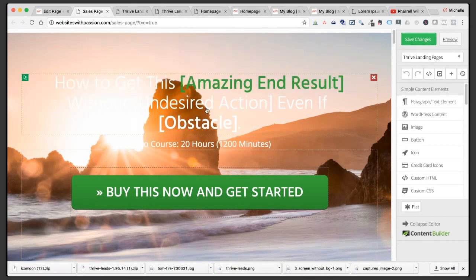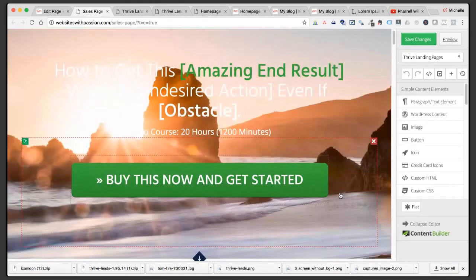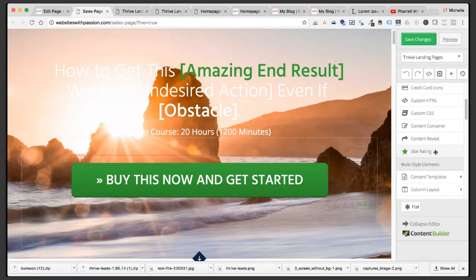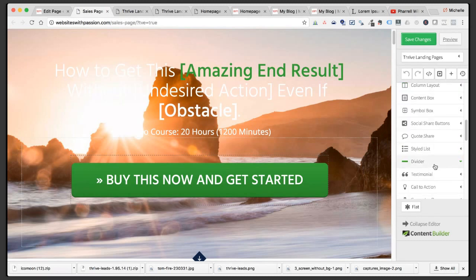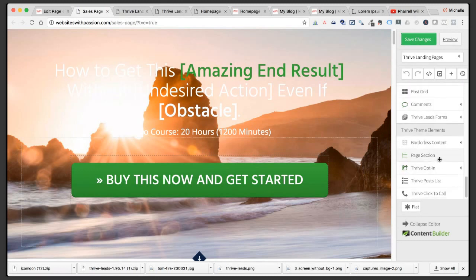And change the text, just like what we've seen so far, and make it my own. Typically, a lot of people think that you should have no distraction on a landing page, such as this one, which is a sales page. But if you really want to add a little bit of your branding at the top, this is easy to achieve. You just need to get a page section at the top